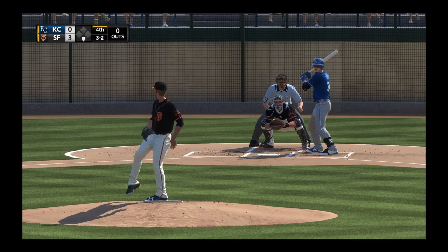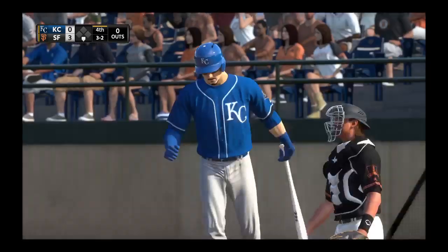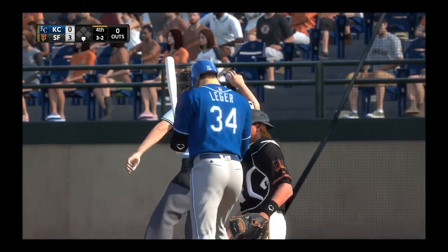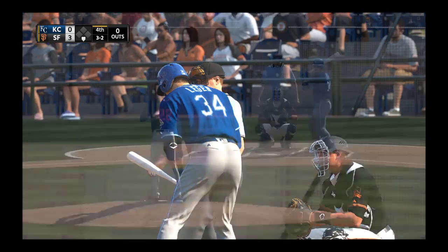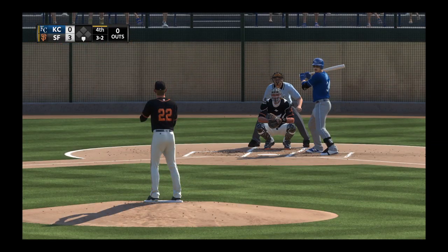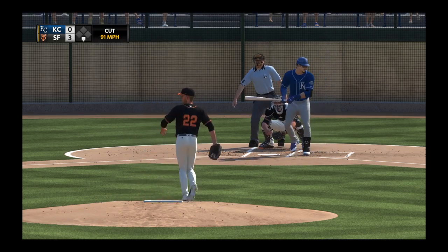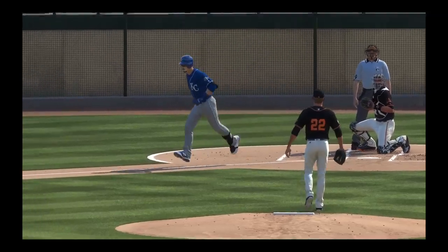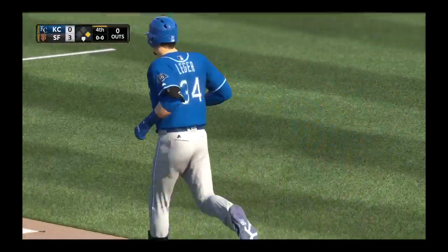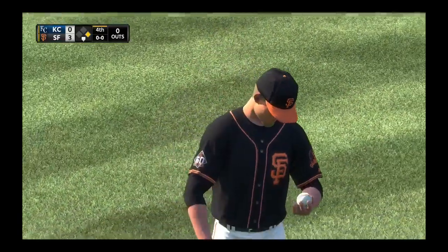Another full count pitch home. Too close for comfort, and he did a good job just to make contact. And he lays off there, ball 4. So the leadoff man is on here to begin stanza number 4. Well, they haven't been able to scratch a run across yet, so maybe this walk will jumpstart their offense a